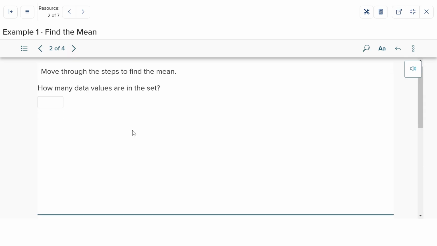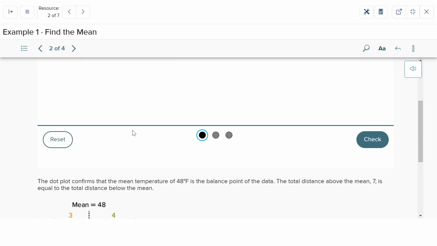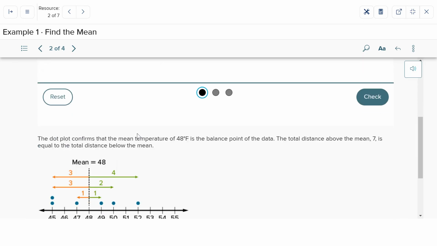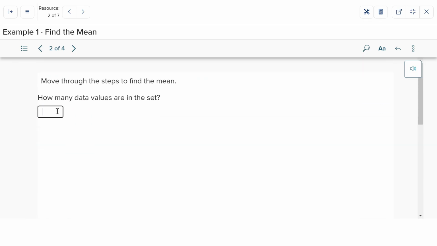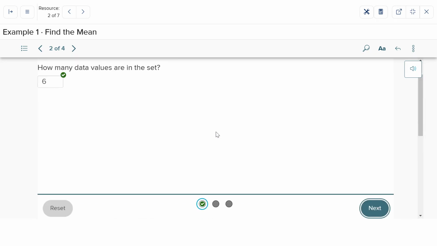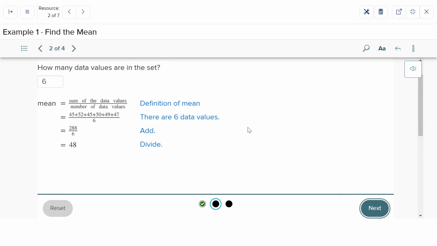Move through the steps, find the mean. How many data values are in the set? It's not giving me the thing anymore, so I think it was 6. There were 6 values. Yeah, okay. And then here's how to